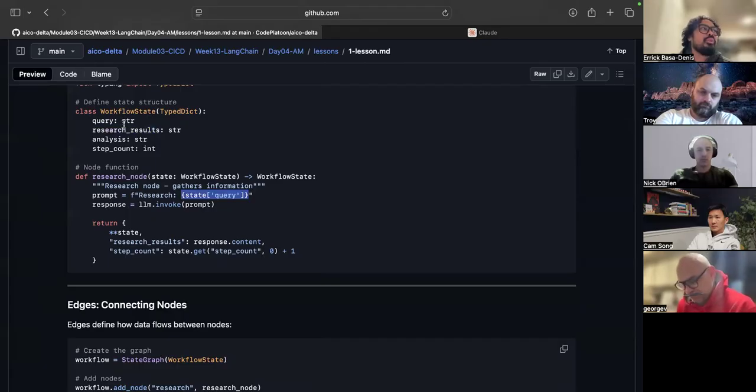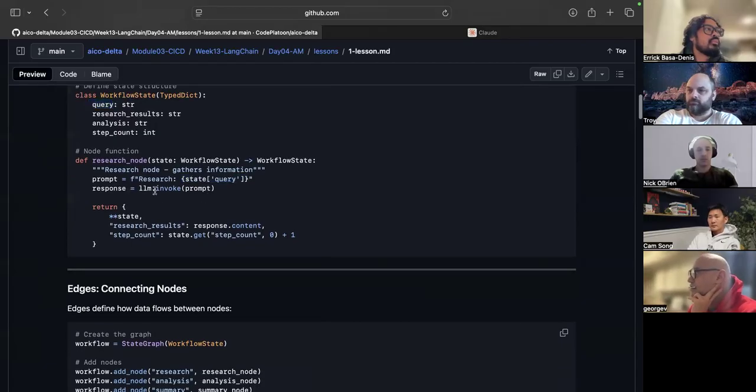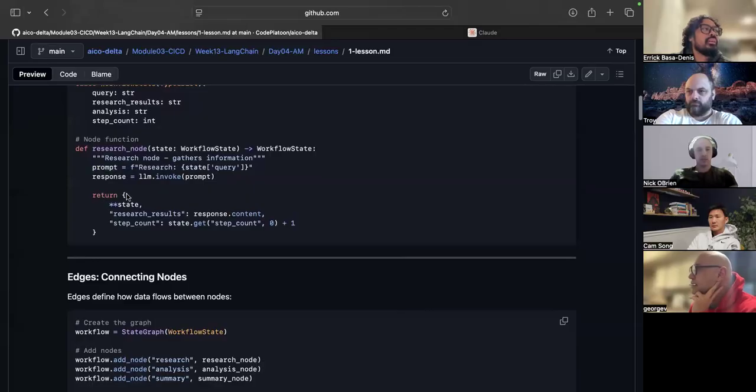So whenever we put in a query, it will get thrown into this key right here. So after our prompt, we specify our response. We just invoke the LLM with our prompt. And then we return